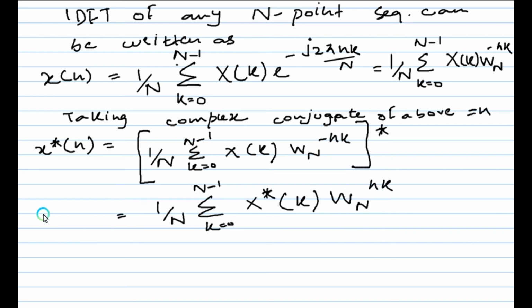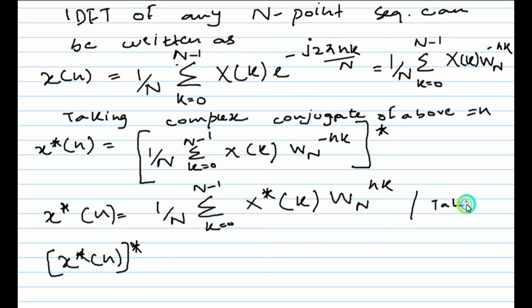So if this is x conjugate n, fine, if I take its conjugate again, I get x conjugate n whole conjugate. So basically what I am doing is taking the complex conjugate,